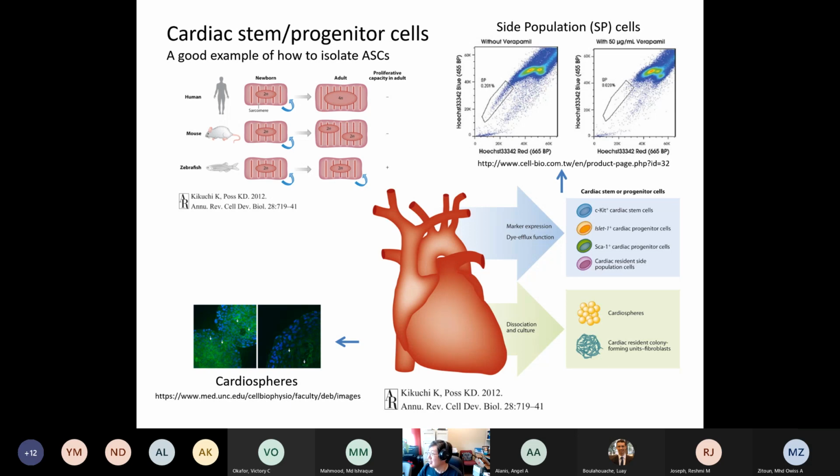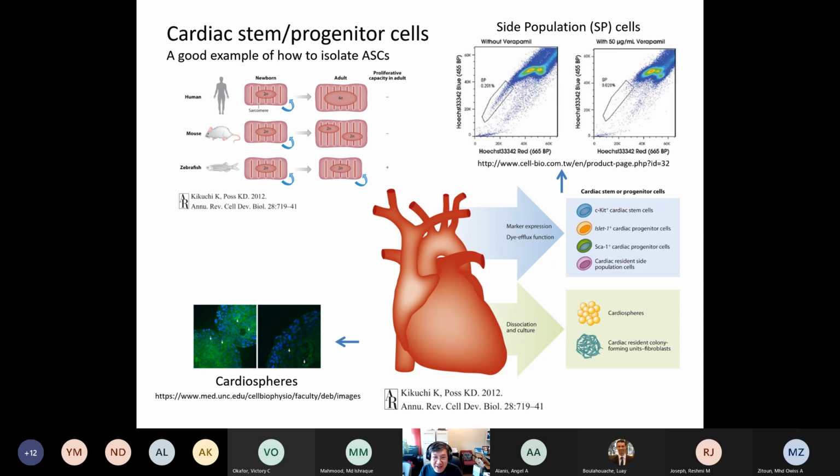And then on top of this slide, top right, I have something called side population cells. The stem cells will have some unique function, like some unique channel on their cell membrane, and you can use that particular unique feature of stem cells and then use some technique to isolate them. I will have a detailed discussion about the side population later, but